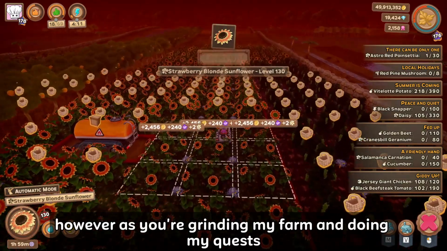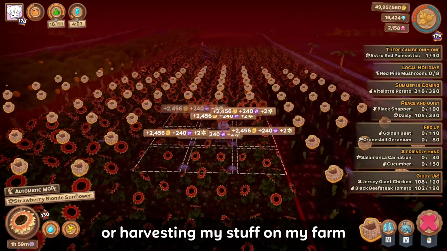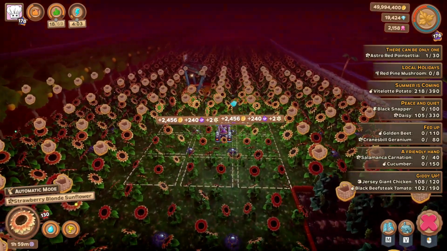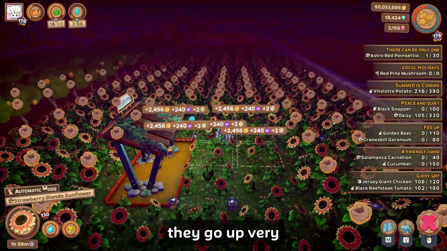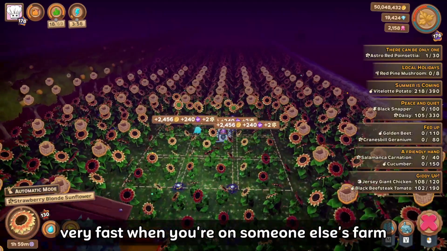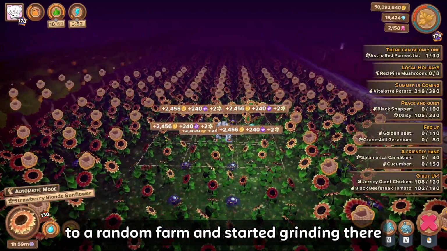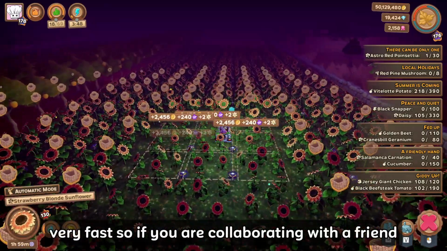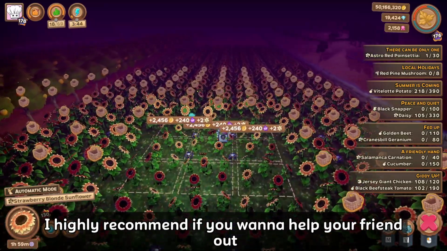However, as you're grinding my farm and doing my quests or harvesting my stuff on my farm, you'll be able to quite quickly regenerate all of your green thumbs back up. They go up very, very fast when you're on someone else's farm. As you saw when I went over to a random farm and started grinding there, they go up very, very fast. So if you are collaborating with a friend, I highly recommend, if you want to help your friend out,